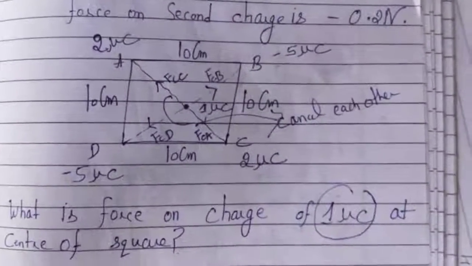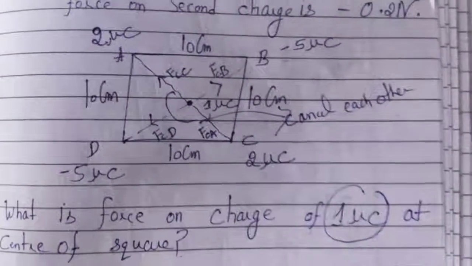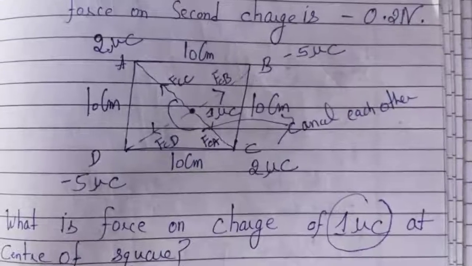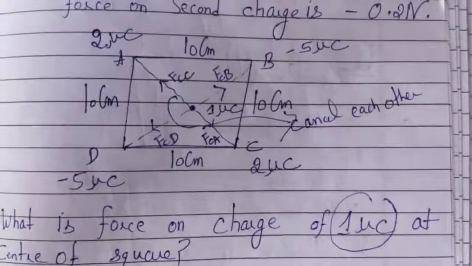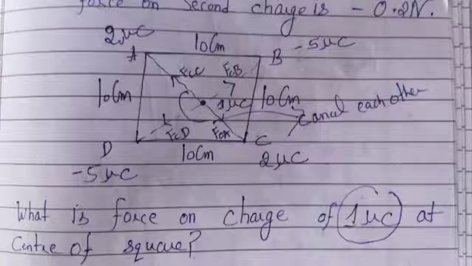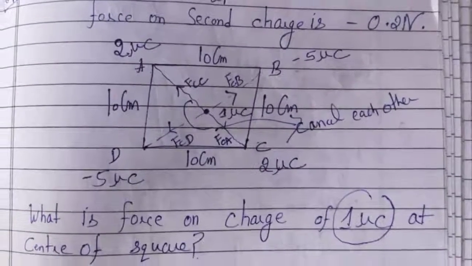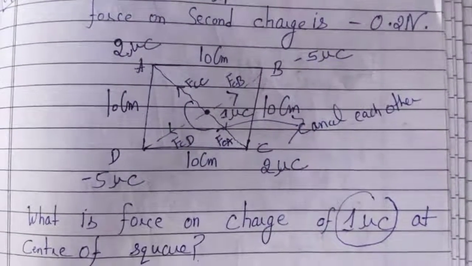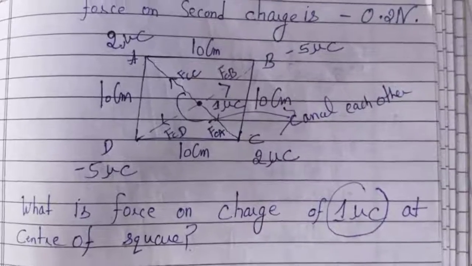So we don't have to calculate it. They are cancelling each other. So we can give this in the explanation part. How we are giving, we can mention in step number 1 the B and D part, and we can mention in step number 2 the A and C part. So this is the concept. This is a question you can mention.